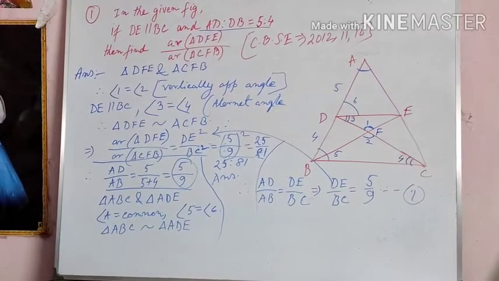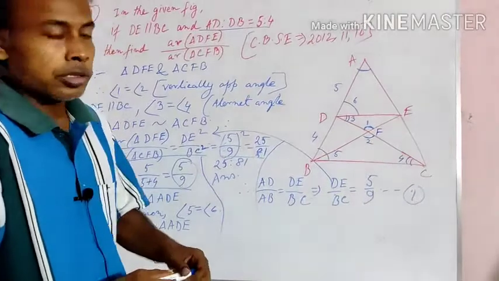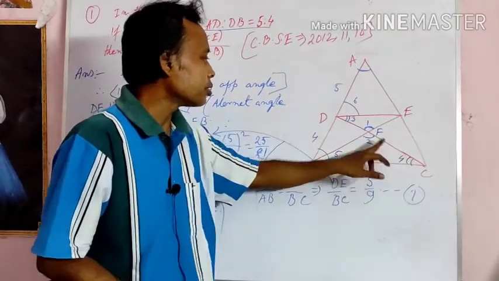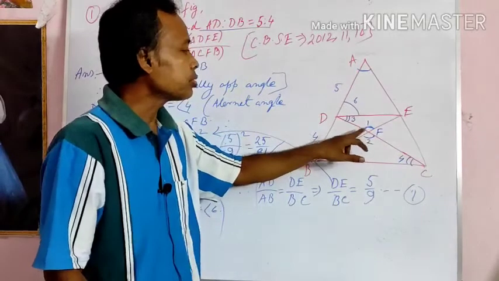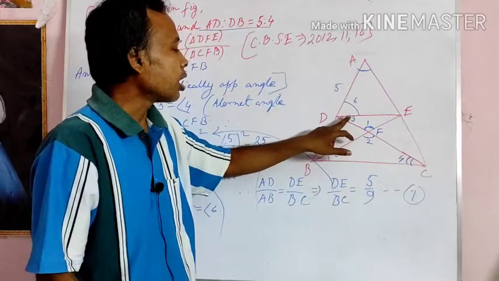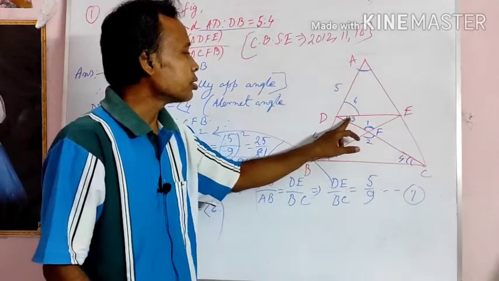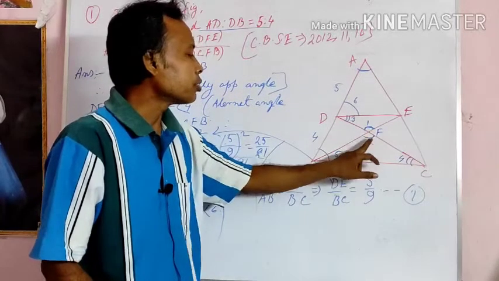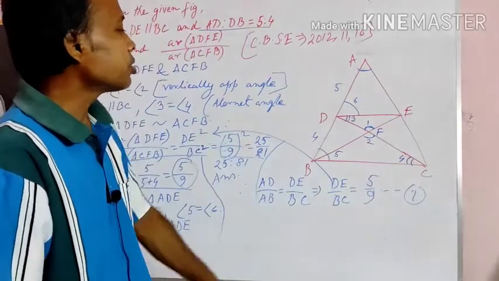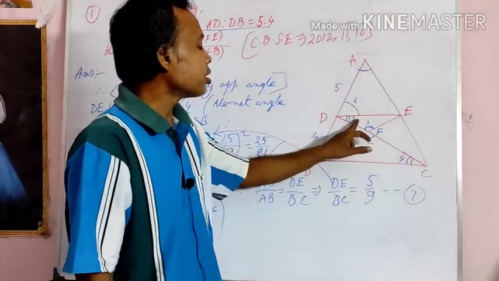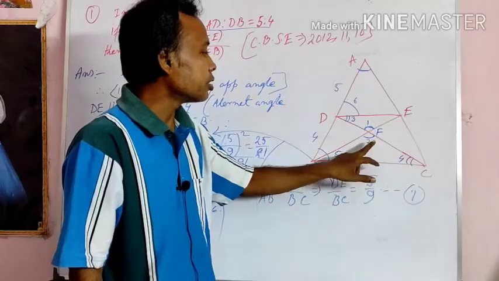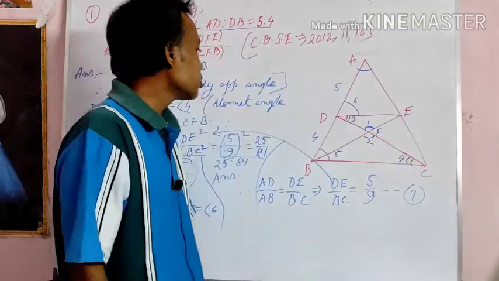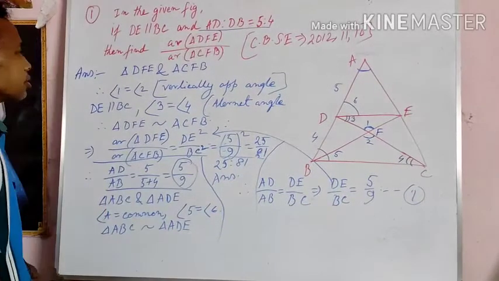Very important question. So first take two triangles DFE and FBC. The two triangles are similar because this is vertically opposite and angle 3 is equal to angle 4. These are alternate angles because DE is parallel to BC. Since the two triangles are similar, the area of this triangle by the area of this triangle is equal to side square, DE square by BC square, according to the area of triangles theorem.